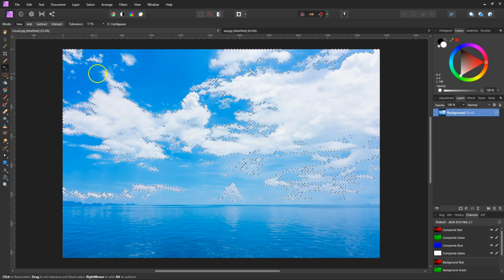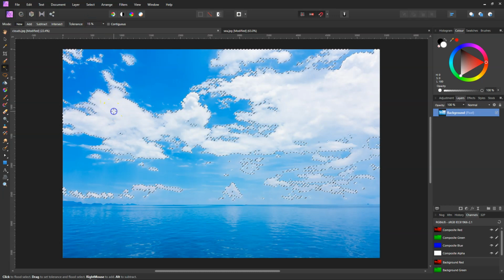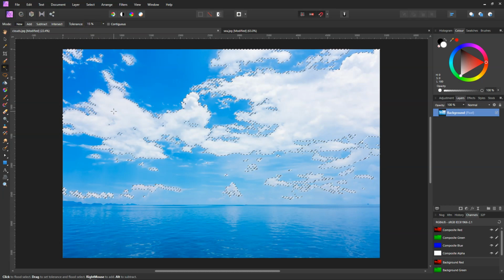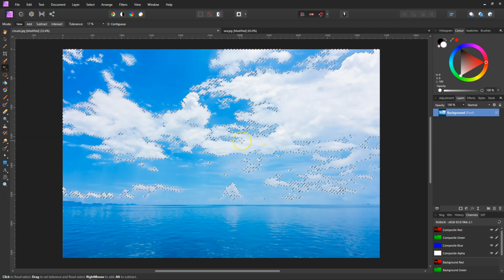It's looking better, but I think we can maybe see what 16 does. It's looking a bit better. 15. Nah, we'll go with 17%. Now, once you find the selection that you want, you can either come down and go to a mask,